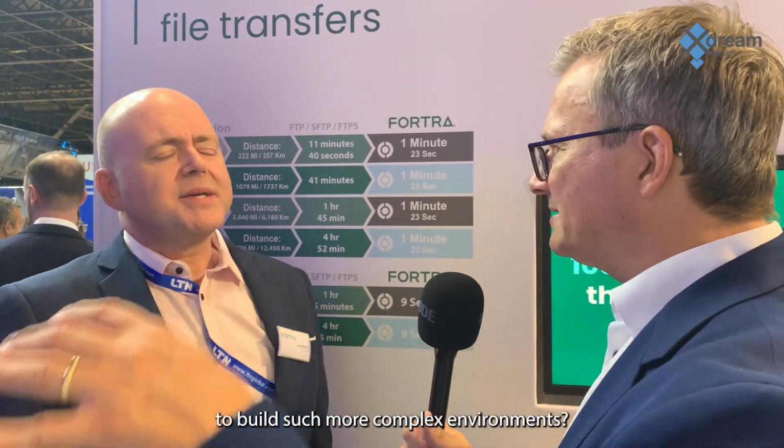Right. So is that why you have this monitoring product beside Direct and Workflow, to build such more complex environments? Referring to our Central product, which brings in that very powerful ability to monitor any existing transfers or any transfers which are currently active, and to get real-time updates to that dashboard. But as part of that process, it also records all that information into Central's database. So it allows you at a later date to search that history,